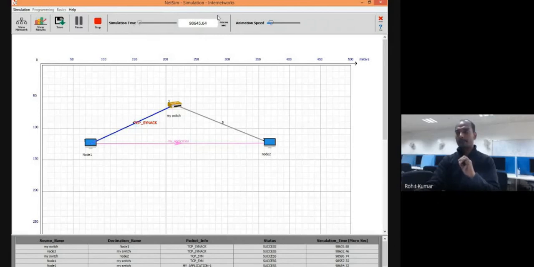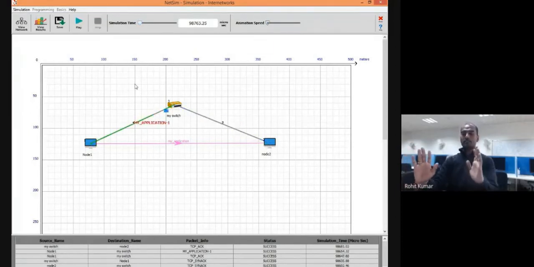Same thing, again say it. See it, I reduce the animation speed. It will go really slow now. See here, TCP SYN event. Then TCP SYN's reply came back. Now again TCP acknowledgement is going back. Now after this TCP acknowledgement, the confirmation is there that source is rightly connected with the destination. Now you can start your application transmission.